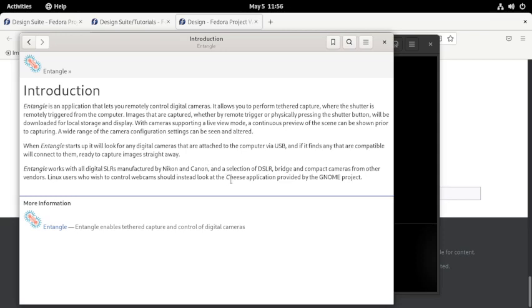And if users want to control their laptop camera that is installed on the top of the screen in most laptops, they can use the Cheese application. So this will not work properly with a laptop camera, I think. That's why they have given the comment at the bottom of the introduction. So okay,